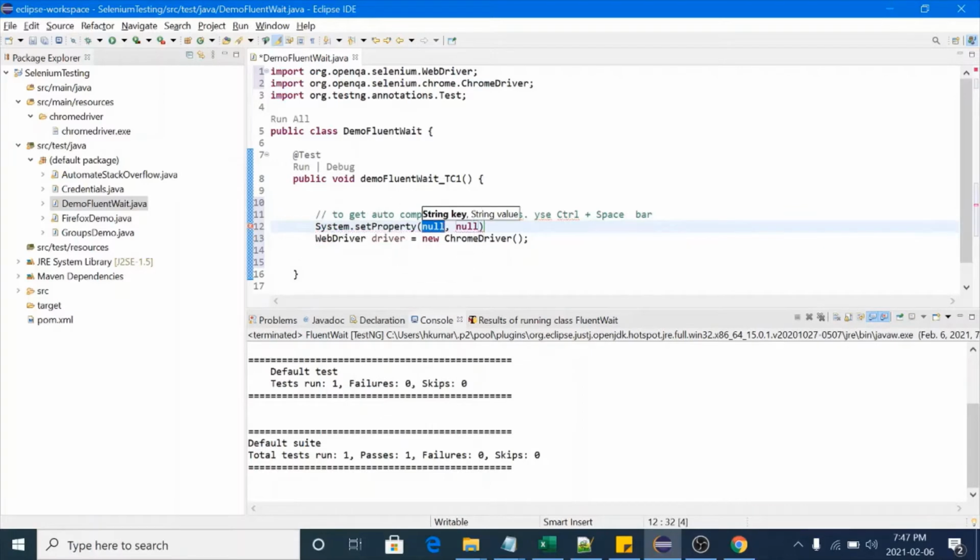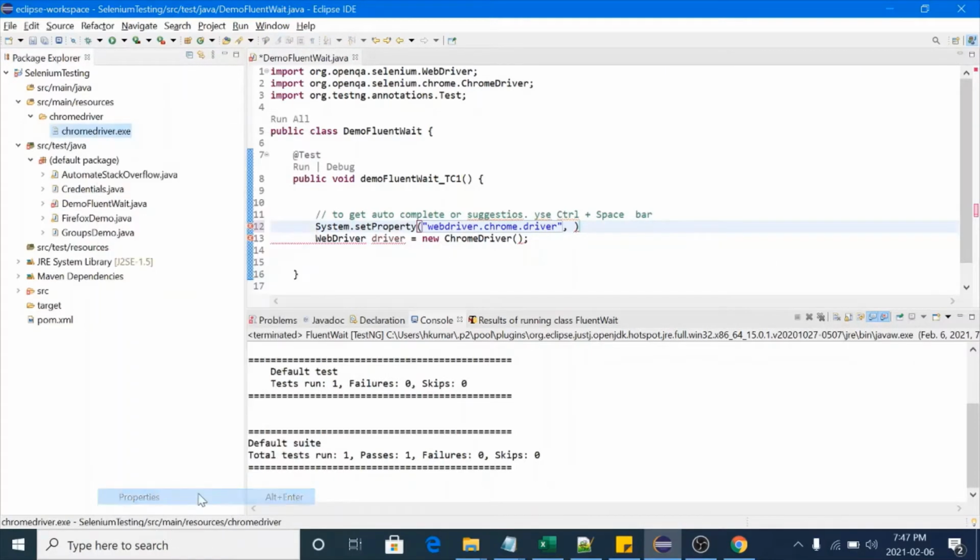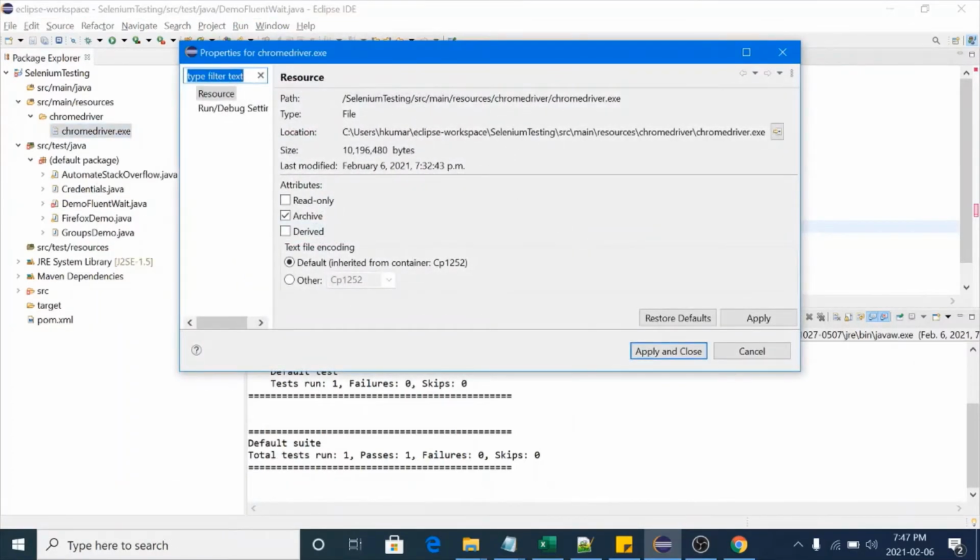In the first argument you have to write webdriver.chrome.driver. In the second argument you have to pass the path of this exe file. So I will right click on this file, click on properties, and copy this full path.